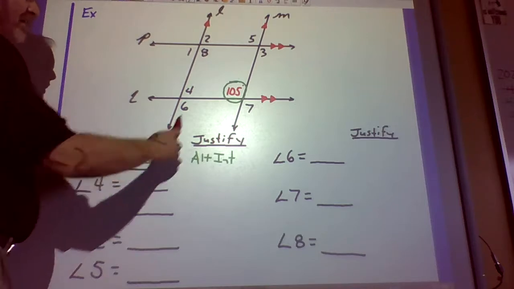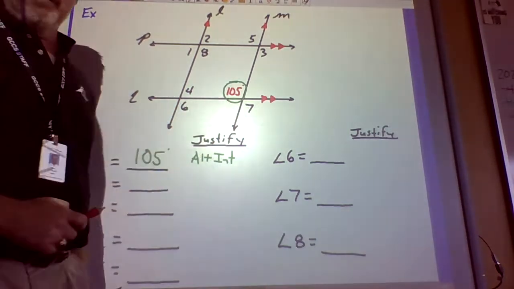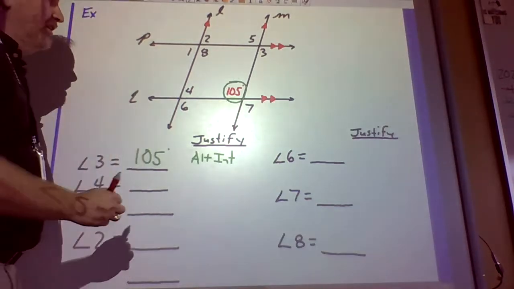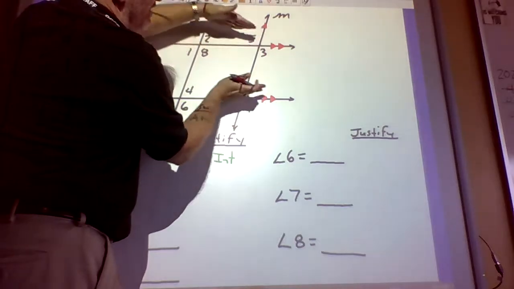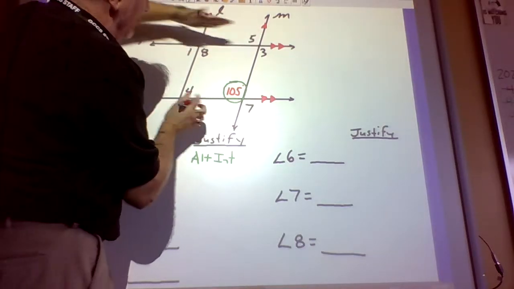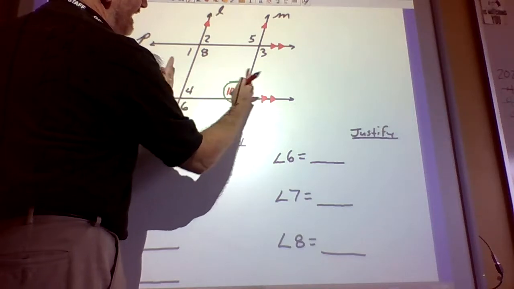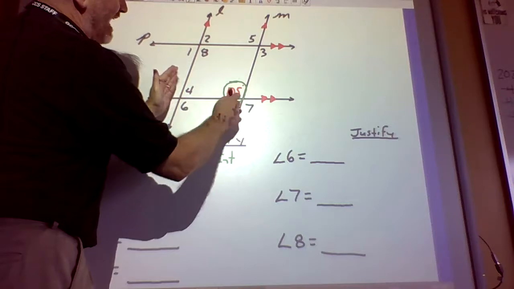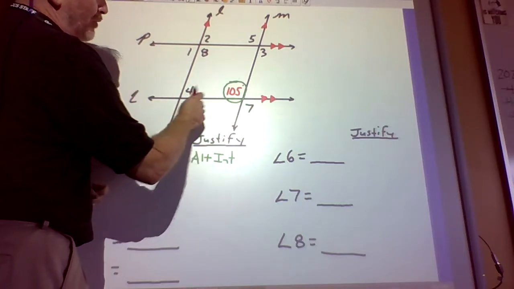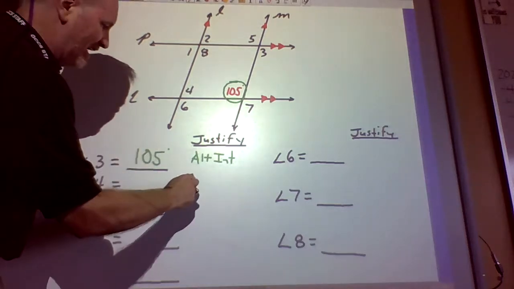Now, what's angle 4 going to be? Angle 4 and the 105 also have a relationship. We're now talking about these parallel lines, not those, because this line right up here has nothing to do with angle 4. So we're talking about these two. Again, they're on the inside, they're interior angles, but this time they're on the same side of the transversal, right? They're both on top of the transversal, so they are same side interiors,